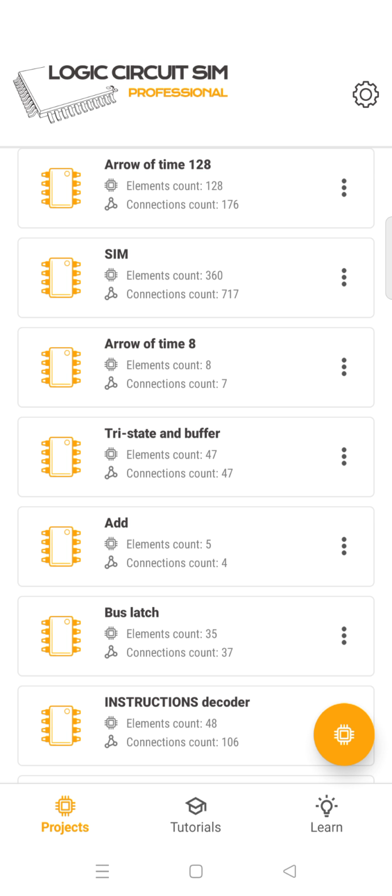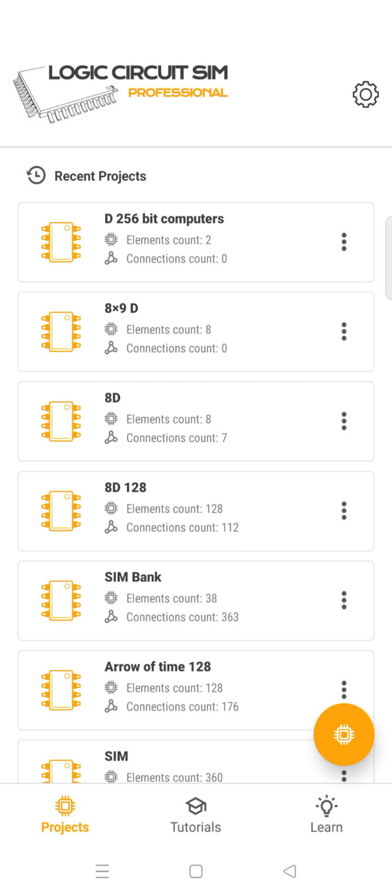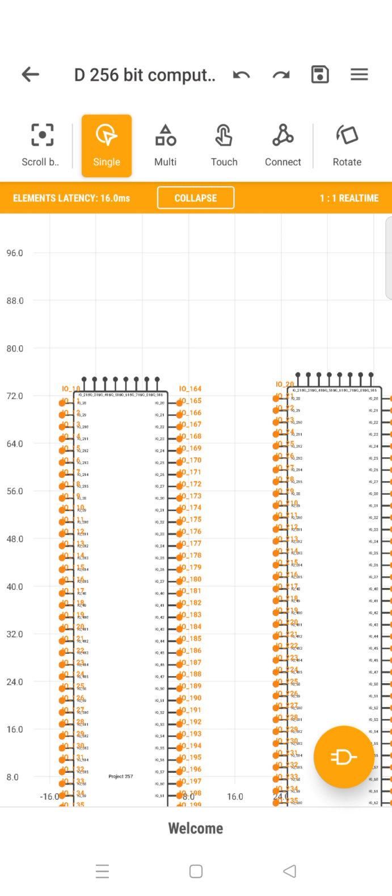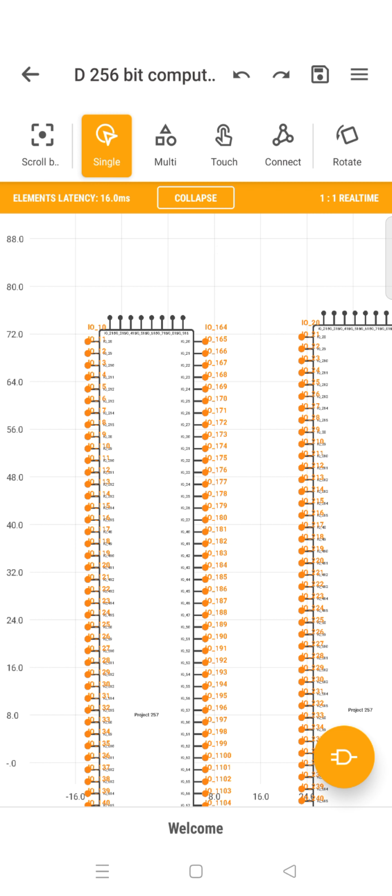Now I wanted to show you some of the things which I have created. The first thing is a 256-bit computer. For a 256-bit computer, you go for 64 plus 64. What is the 64 array for a 256 computer? There is another 256-bit computer. Both things are linked together to form a 256-bit computer.